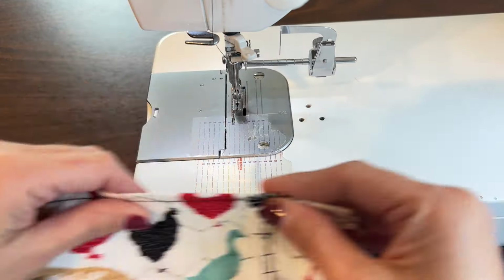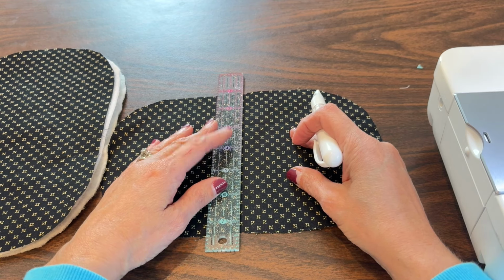So now you have a top stitch for the part where your hand is going to go in. So set those aside. The next step is going to be to mark the center of your back piece. Whichever fabric you figured out that you wanted for the back of your pot holder, that's the piece you're going to mark on. We've marked the center with these two little clipped triangles, and I'm going to line the